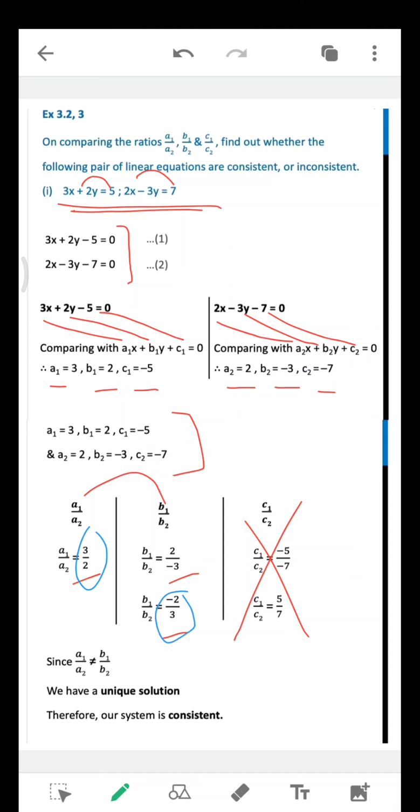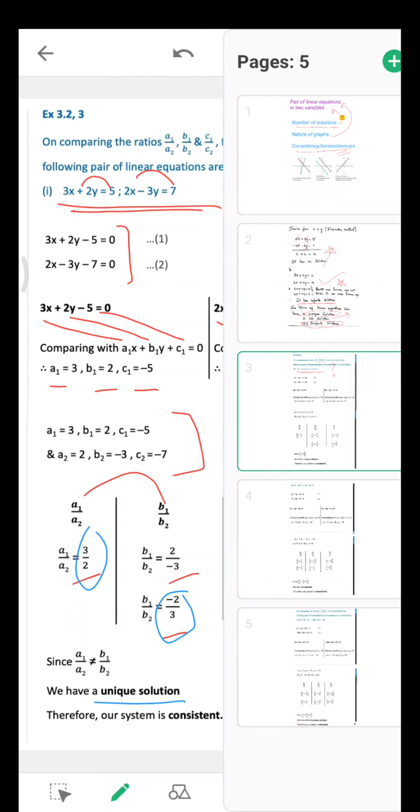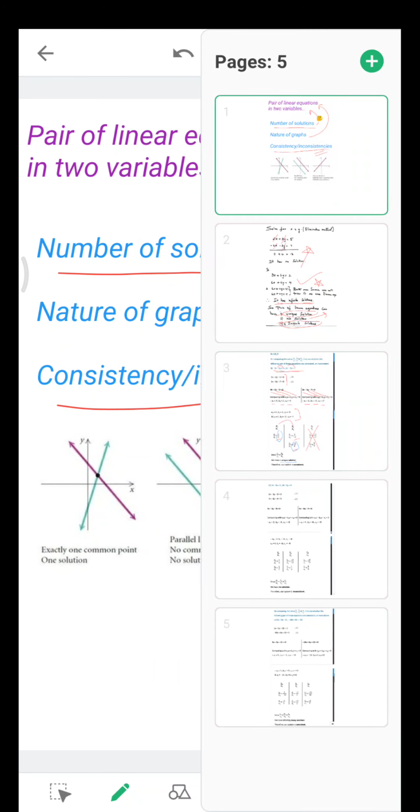No. So since a1 by a2 is not equal to b1 by b2, we can directly say that these equations have a unique solution. How many solutions does it have? Unique, and our system is consistent because we can find the solution. And when you draw the graph of this type of equations, like you learned in 9th class, you will get